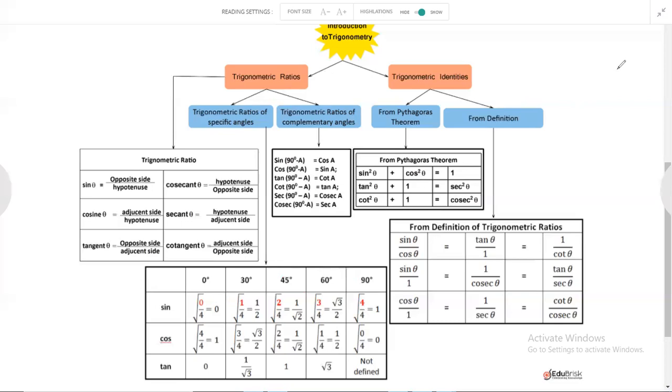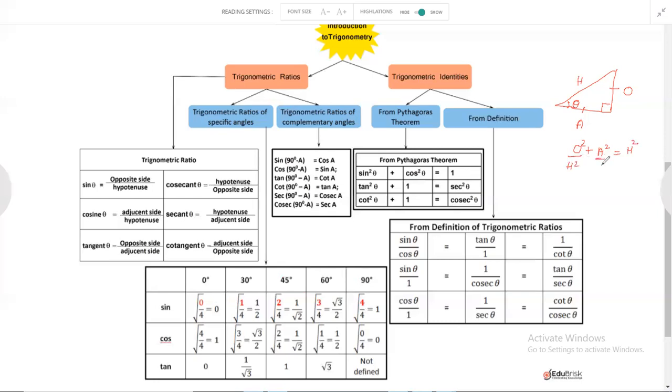If you draw a right triangle like this, this is theta, and this is your opposite side. Let us take it as O as the opposite side. This is the adjacent side of theta, that is A, and this is the hypotenuse H. Then we know by Pythagoras theorem, base square plus altitude square equal to hypotenuse square. So we can write it as O square plus A square is equal to H square. Pythagoras theorem. Divide each and every term by H square.